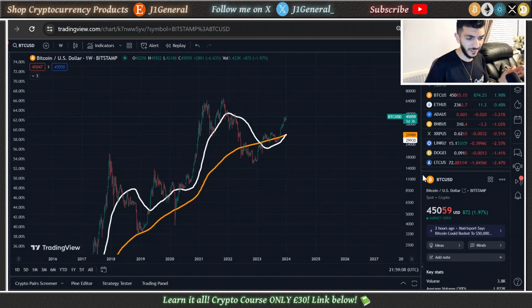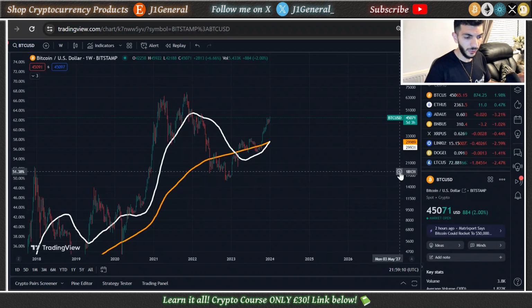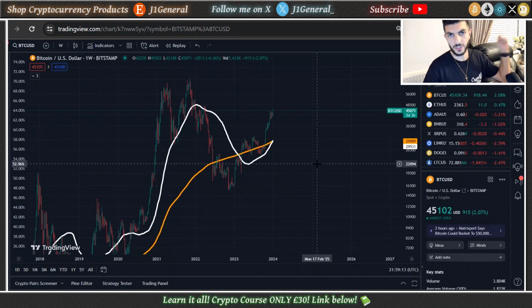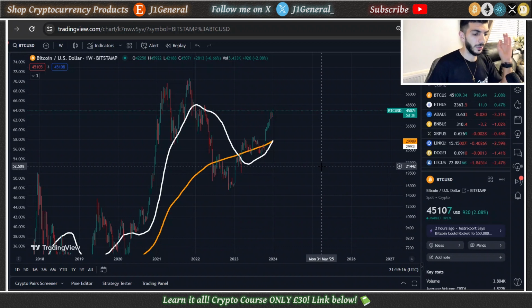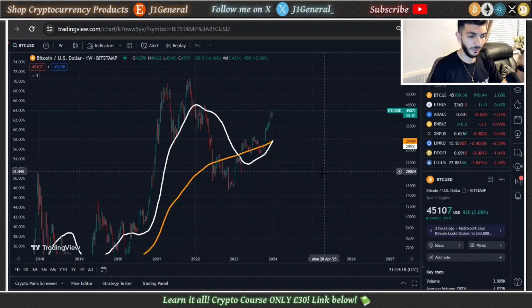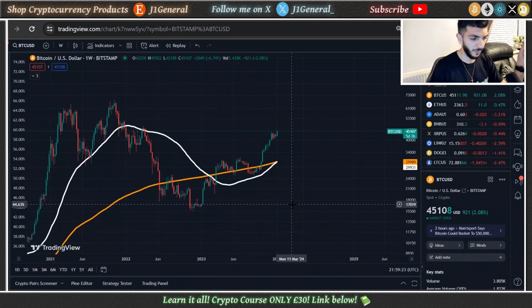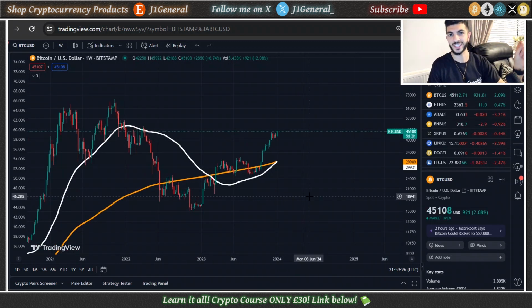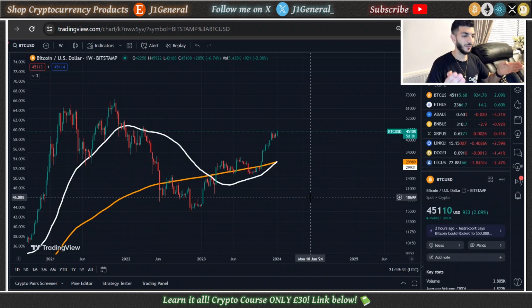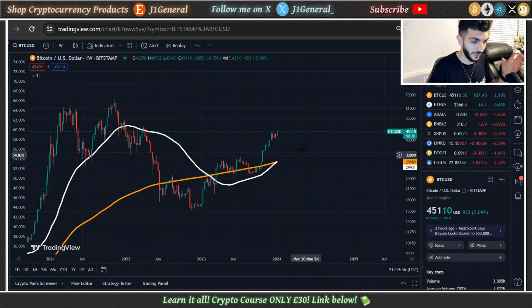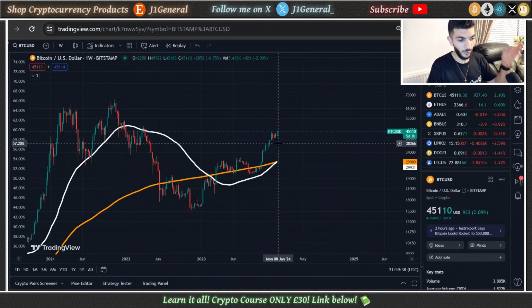So the cross hasn't officially happened yet, even though it's definitely going to happen on next week's close or next week's open. The price of Bitcoin today is around 45k. We've had a strong start to 2024 so far, and conveniently, it's quite funny, 2024 started, the 1st of January 2024 started on a Monday. Make that as you will, I think that's just a brilliant coincidence. We got a fresh candle on the 1st of January, and so far Bitcoin is actually up 6.75%